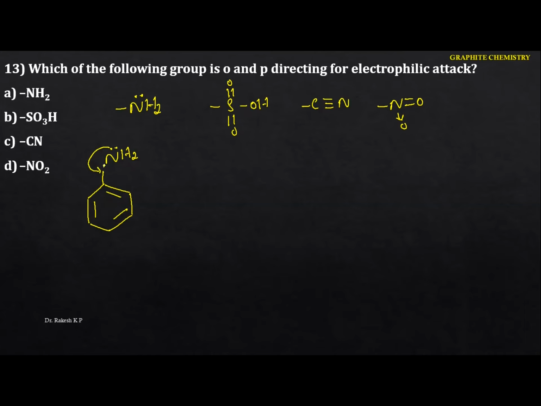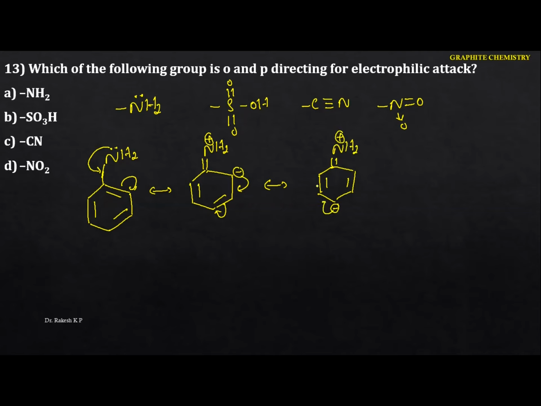During the resonance here, this pi electron is shifted to this one. Then carbon to nitrogen forms the double bond, and here you are going to get the plus, and here this will carry the negative charge. Further resonance we can identify like this. Now we got the negative charge on the para position. Next, double bond NH2, this is the plus. Still we can identify the resonance. Finally you are going to get this compound here. But during the resonance, you identify the negative charge on the ortho, again the para. Again if you do the resonance, it will go to the ortho position.